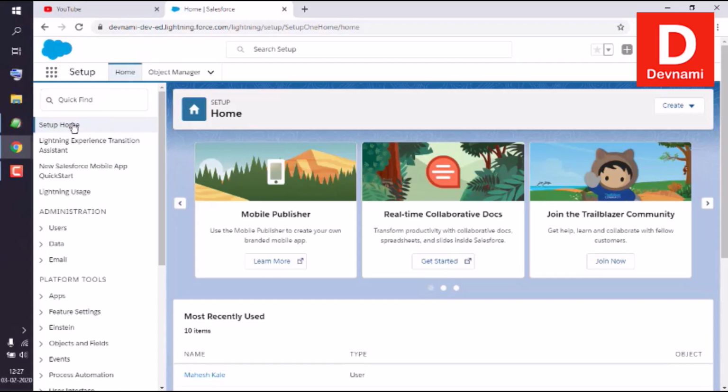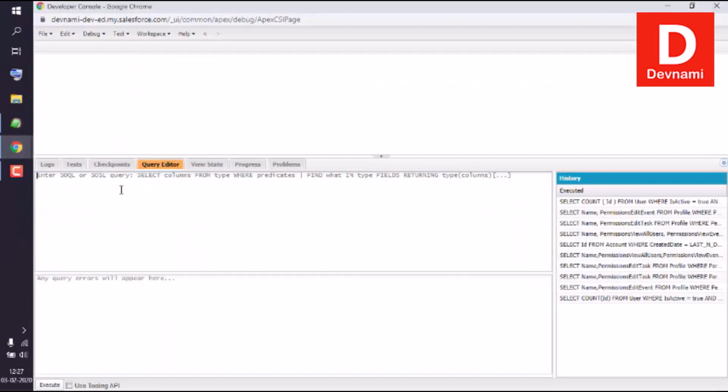Okay, so let's take a look at a SOQL query where we can check for active members within the organization and also active users from a particular department within our Salesforce organization. So what we'll do is open the developer dashboard, then open developer console. Now here I wish to go into the query editor where I can type in select ID, name from user where IsActive is set to true, and